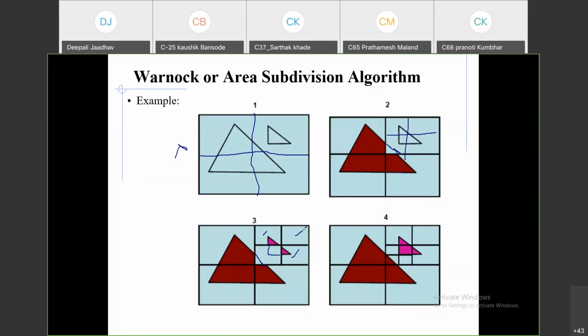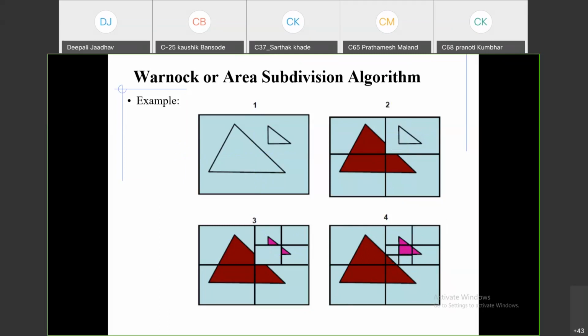This area is totally background color as it is. There is no polygon in this area, so total background color. Now this one has this part of the pink rectangle and this has this part of the red rectangle, so we cannot give it a direct color. Why? There are two different colors. Again, that's why it is divided into subparts. Now when we divide into subparts, this part has totally pink color, one polygon, so assign the pink color. And this area contains only one polygon, that is red color. And in this way, at the end we will get the entire picture with the area subdivision algorithm.